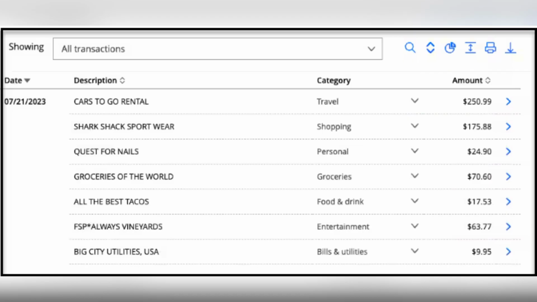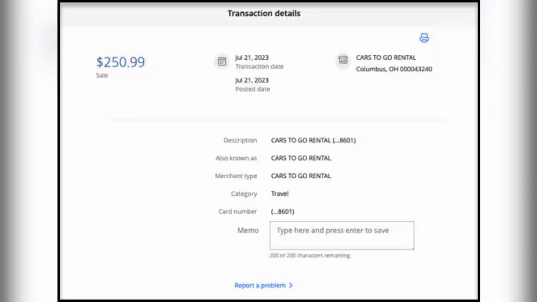From here, look for an option that says Activity, History, or Transactions. Tap on it and you'll see a list of your Zelle payments, including money you've sent, received, or scheduled. You can tap on any transaction to view more details, such as the amount, date, recipient or sender, and the